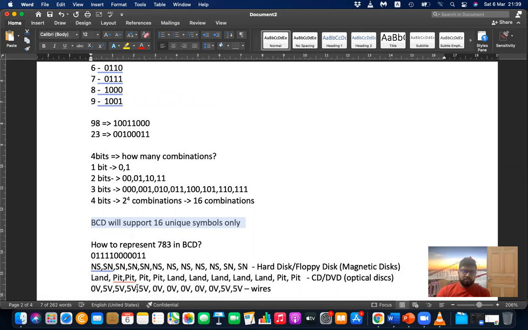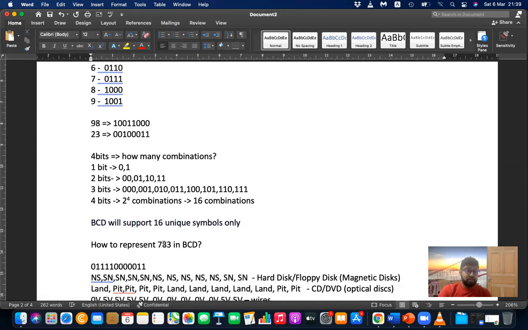Let me give some more examples of representation. So this is like 783: 7 means 0111 and 8 means 1000, and this is how 783 is represented.